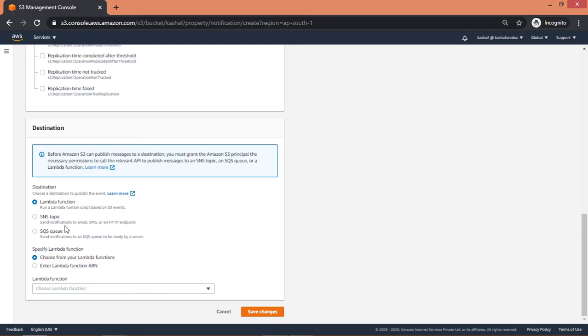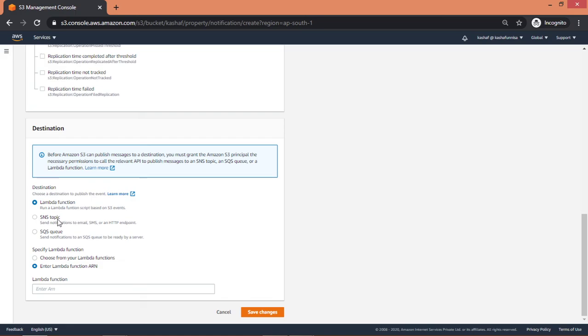As we see, there are three options available for destination. You can select any one of them: Lambda function, SNS topic, and SQS queue. If you have a Lambda function available, you can select it from this drop down, or you can type the ARN of your Lambda function.